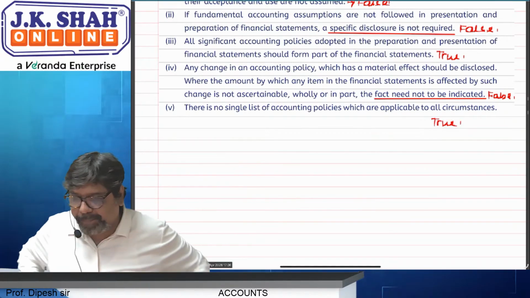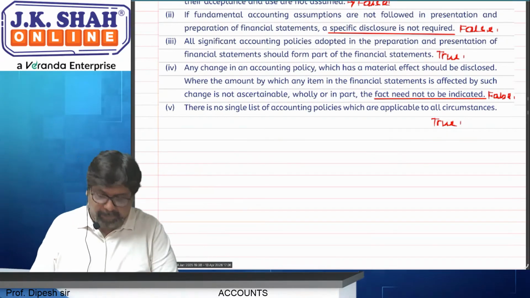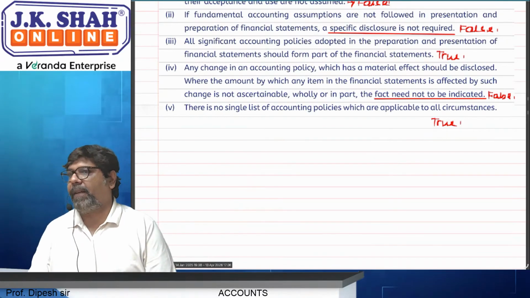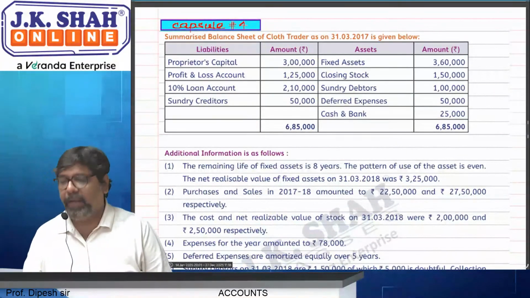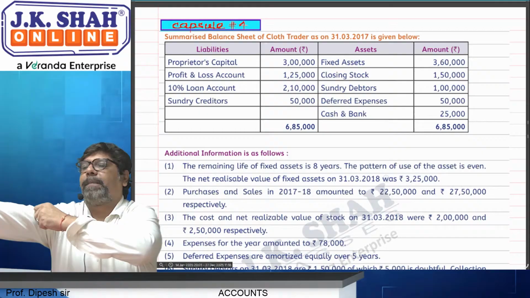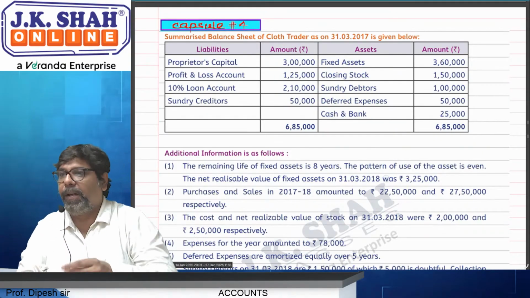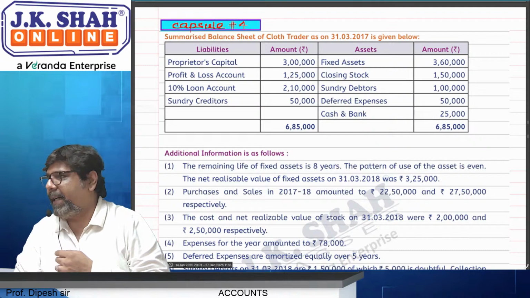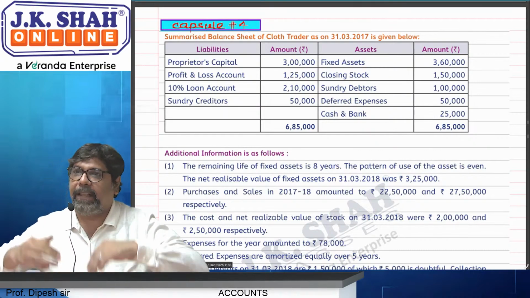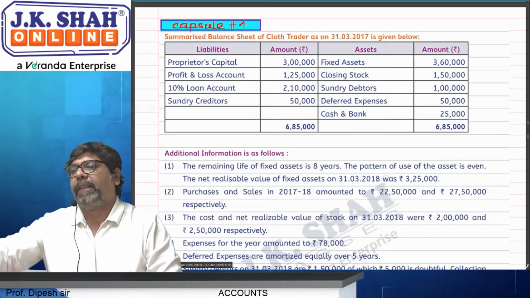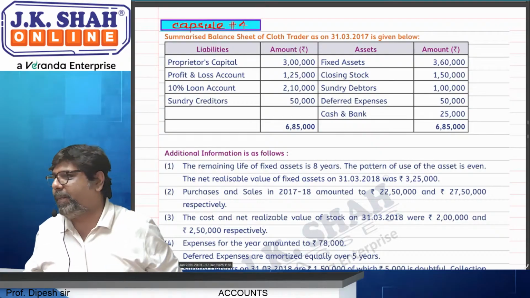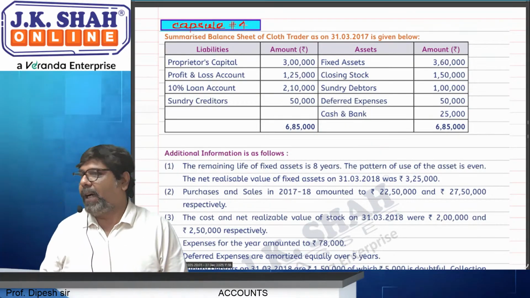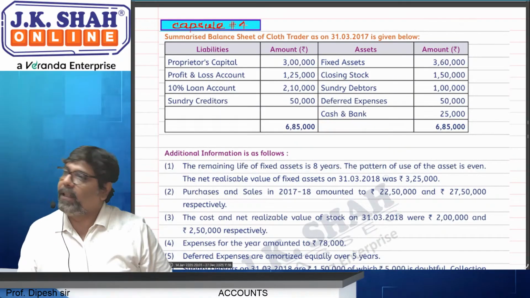Correct? Now, when we are preparing financial statements as per going concern, that time we are supposed to take assets and liabilities at cost. But when we are preparing financial statement not as going concern, that means we believe that the business will be shut down next year. If the business is going to shut down next year, no going concern. No going concern means assets and liabilities should be recorded at realizable value. आगे बढ़े?